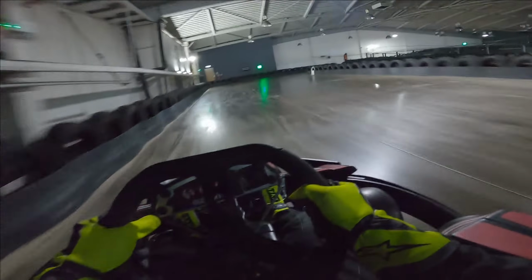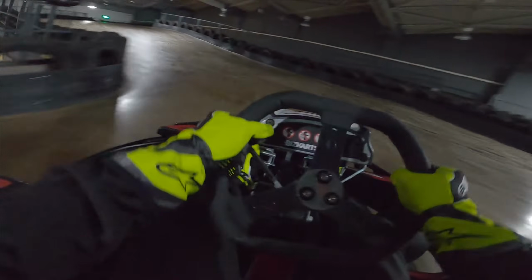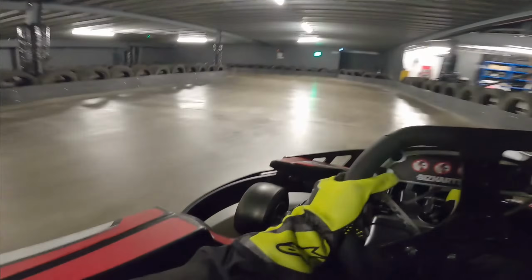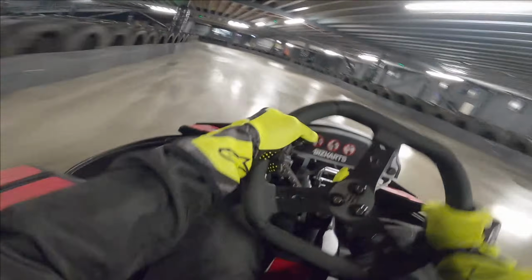But it took this session and partway through the second session to get used to that, and then get myself into a position where my heel was touching the floor, so I had better control of the throttle. And then apart from that, one of the other major differences with these karts is when there's a yellow flag, they can turn the karts down, all of them, so you all go at the same pace, so no one can overtake you, no one can go excessively fast under the yellow flags,